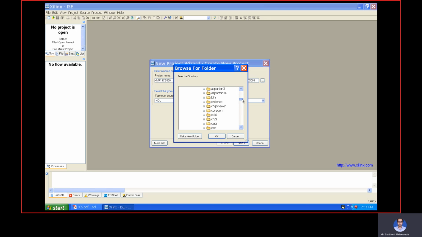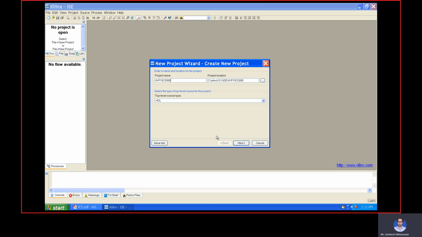Now you can see that within this Xilinx folder, which is present in the C drive, we have one more folder, that is 10.1. Within that folder I have an ISE folder. So here I am going to click OK.